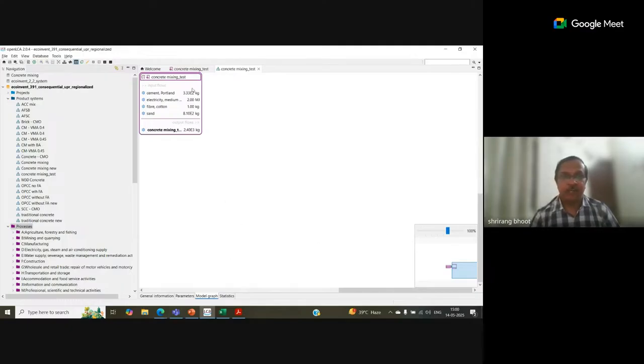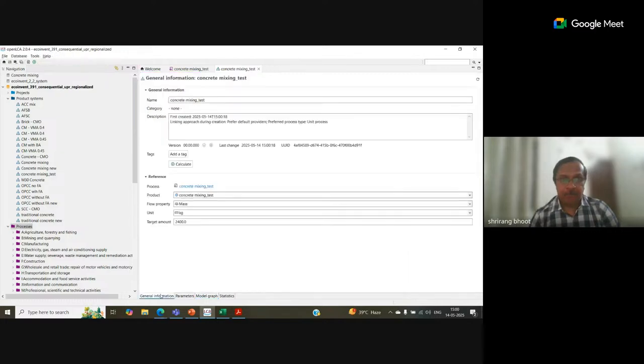This is the concrete mixing activity, this is the input flow and this is the output flow. Because this is a single activity, the model graph is just a box. If I include n number of processes, considering the transport activity, the raw material procurement, the pre-treatment activities, then obviously this model graph will expand further.